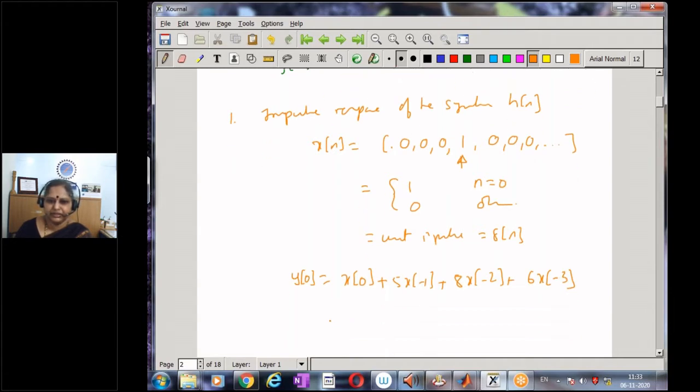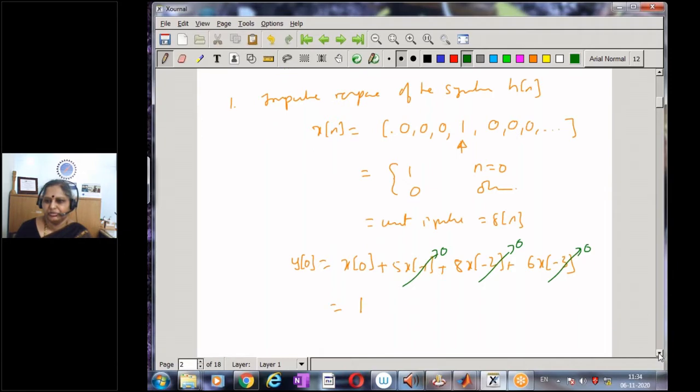Here x of 0 is 1, by definition of the unit impulse, and x of minus 1, x of minus 2, and x of minus 3 are all 0. Everything else being 0, I have y of 0 as 1. Proceeding further,